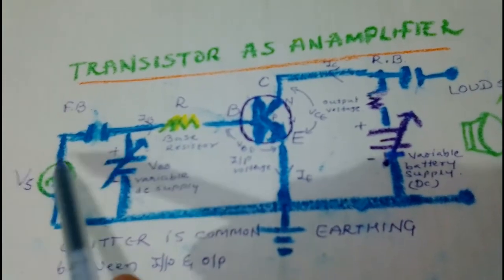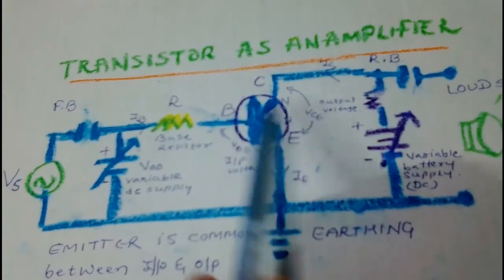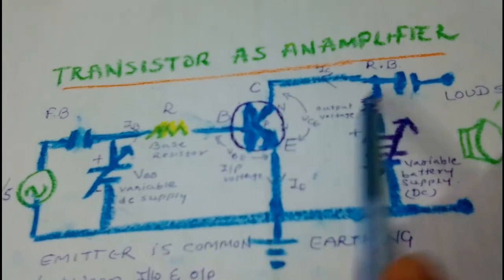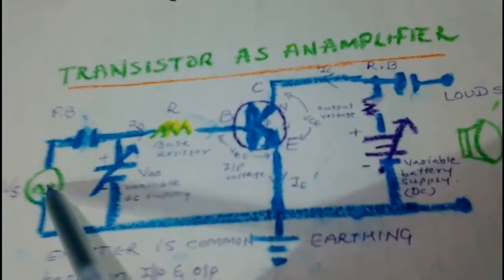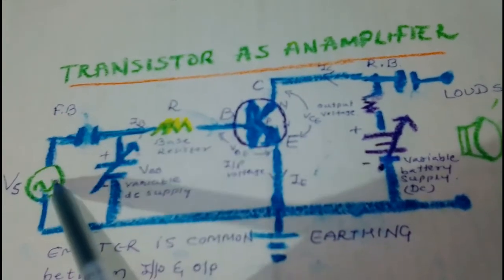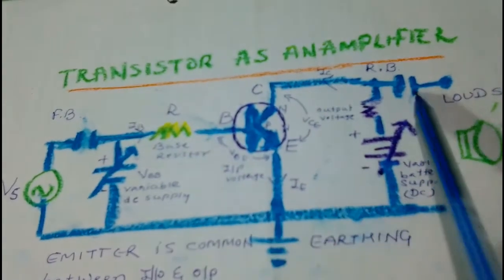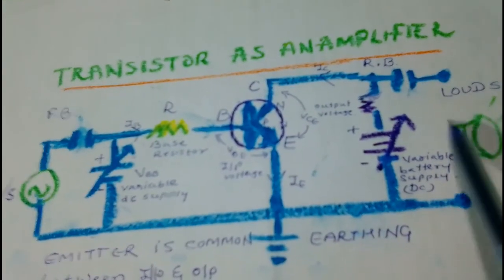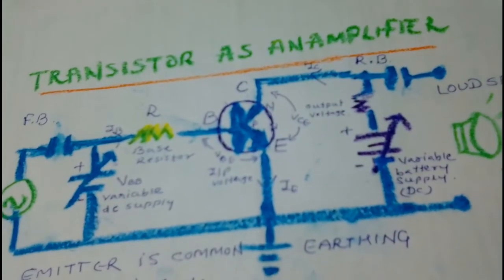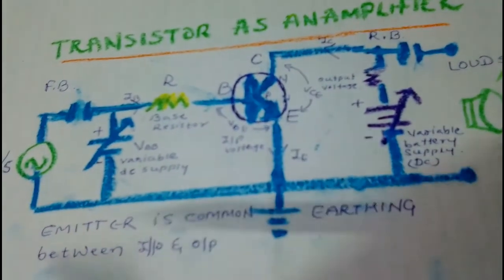The current is very low. Now this sound input signal is given to the base of the transistor, and this transistor is utilized to increase the amplitude of this input signal. Whatever signal is coming out of the mic, its intensity or loudness is very low. That loudness is increased, meaning the amplitude of the sound is increased, and that is given to the speaker so that everybody can hear. Now how is it used? For that we have to see the circuit.